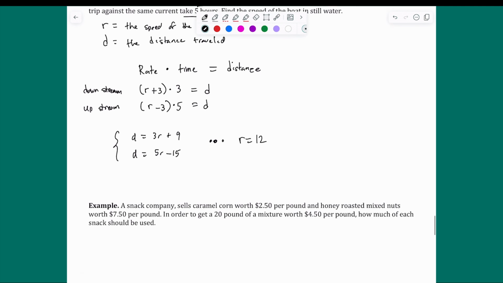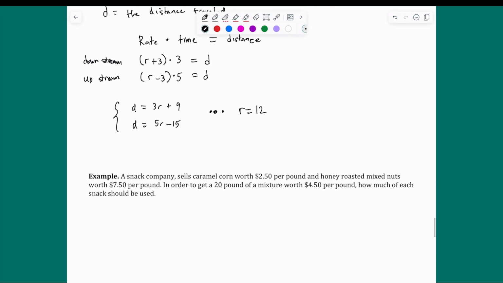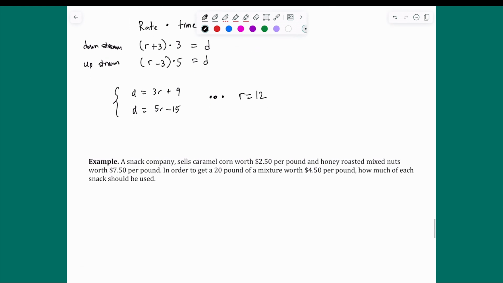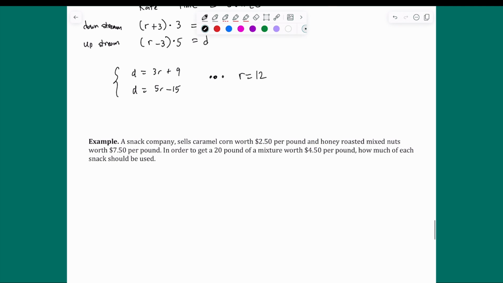And another common type of application for these types of problems is called a mixture problem. So a snack company sells caramel corn worth $2.50 per pound and honey roasted mixed nuts worth $7.50 per pound. In order to get a 20 pound mixture worth $4.50 per pound, how much of each snack should be sold? Okay, well, if we let X equal the amount